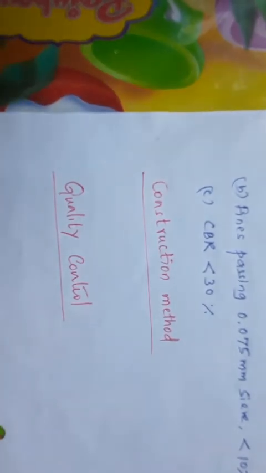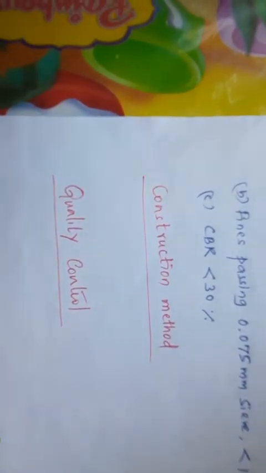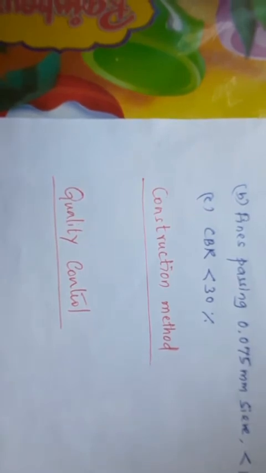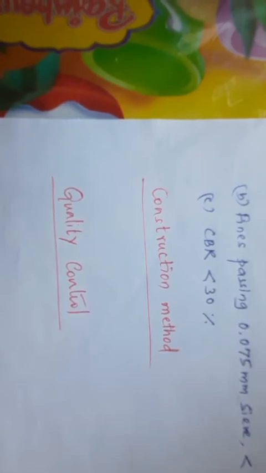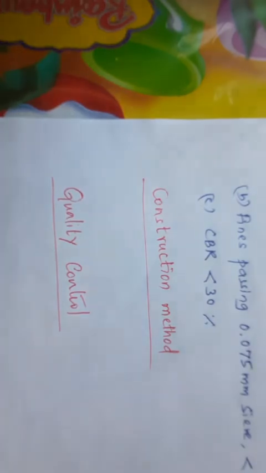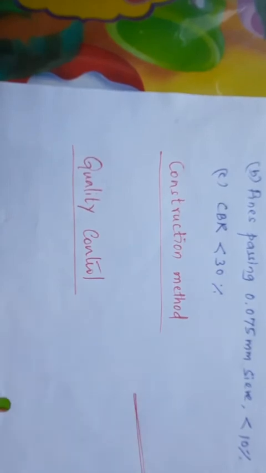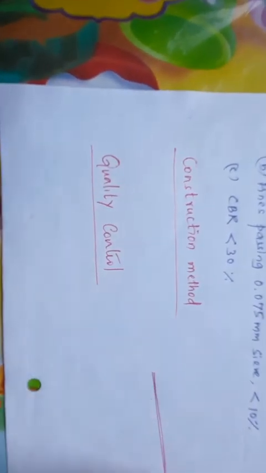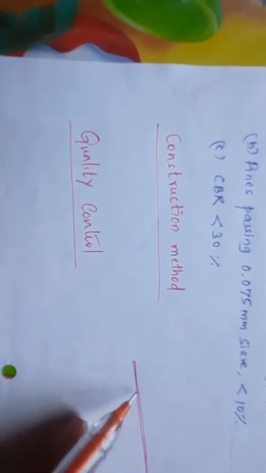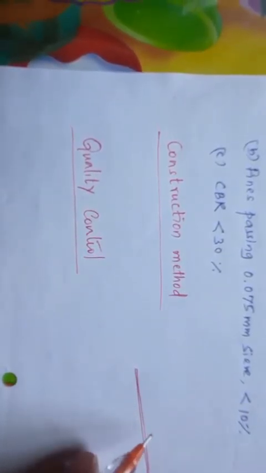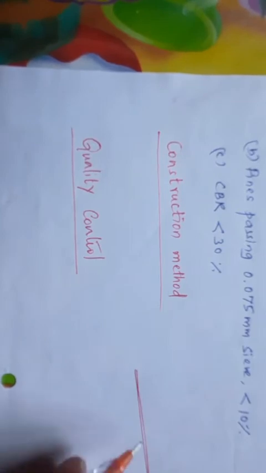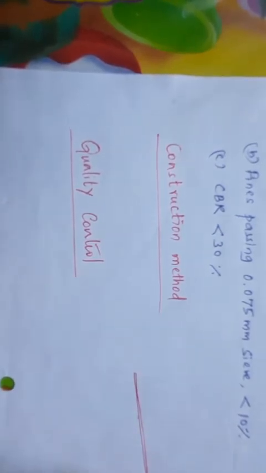First, the GSB layer is constructed on top of the prepared subgrade. Therefore, first the surface of the subgrade is checked, and any grass and vegetation, if any, is removed. The grade and cross slope of the top surface of the subgrade are corrected as required. Clear? So here this is the subgrade you have. First you check whether the cross slope is proper or not. If any vegetation is there, or if there are any hungry spots, fill those and make it proper. Then on that the next layer is going to be constructed.